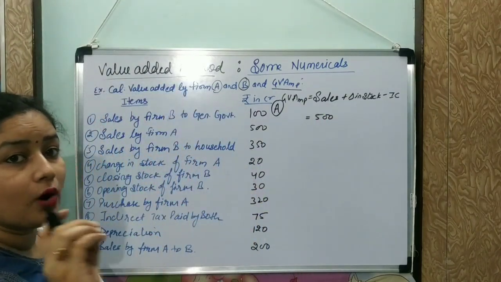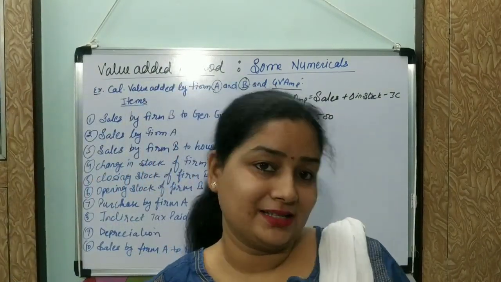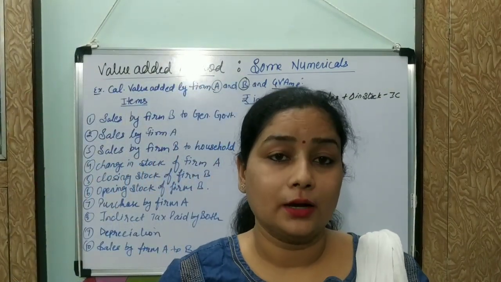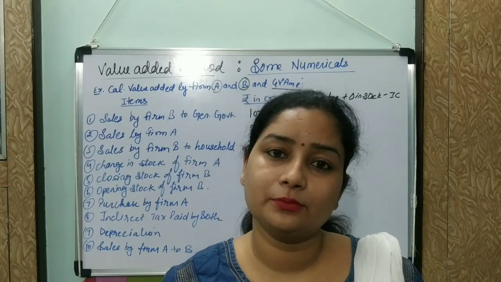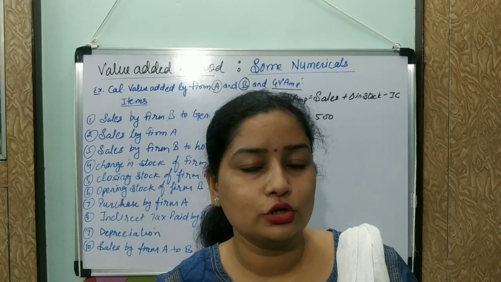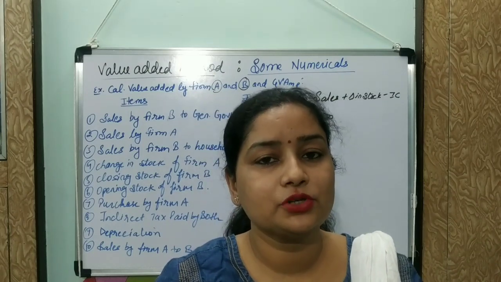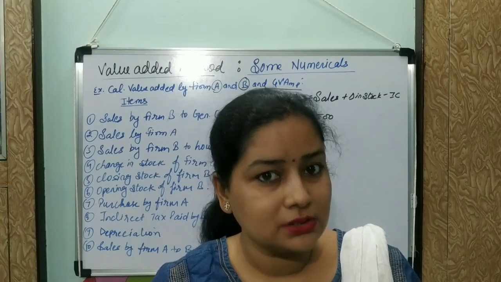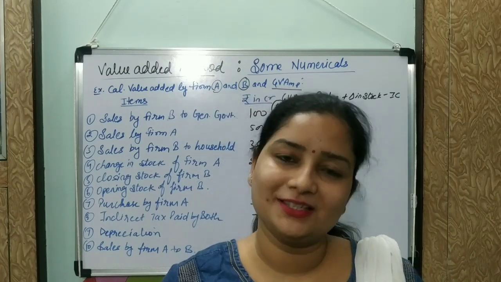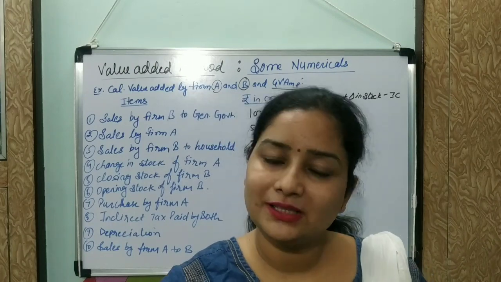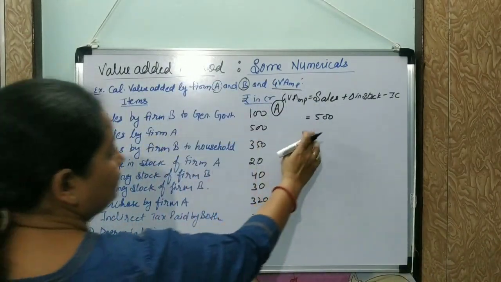There is no other type of sales. In sales we have domestic sales plus exports and also the production for personal consumption. For self consumption we also produce, and that too is added into sales. The reason is that the self consumption product which is produced is also added to the current flow of goods and services in the economy. Right? For this reason we are adding it. So sales by firm A is 500.